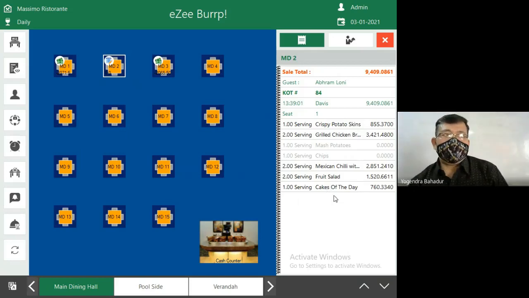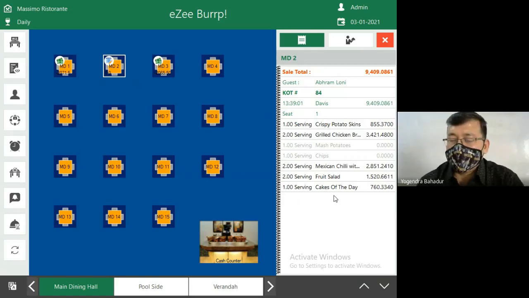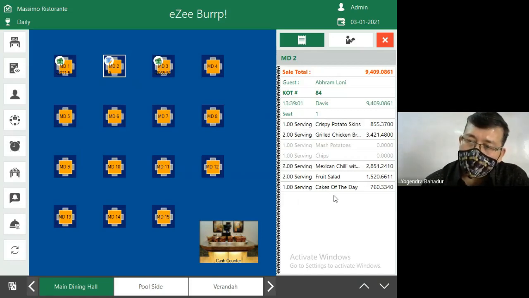Now, again refreshing the things we have covered so far. We have learned how you have to start the POS. Then after starting the POS, we have to enter our own user ID with our own user password. After entering our own user ID, we have to enter the specified outlet of the F&B service. After entering the specified outlet, we have to pick the respective table. After picking the respective table, we have to enter the guest details.